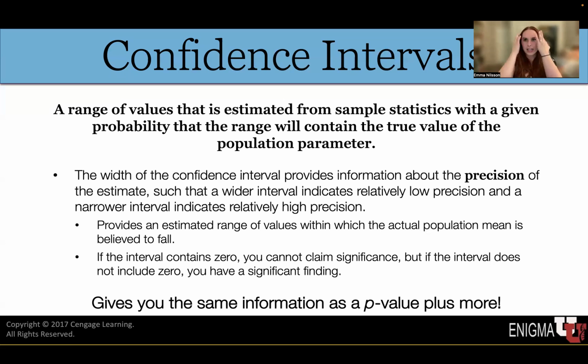For example, if we calculated a 95% confidence interval of the mean from our data, and we repeated the same experiment 100 times with 100 different samples, 95% of those samples would give us confidence intervals that contain the actual population mean. Five of those would give us a confidence interval that don't actually contain the